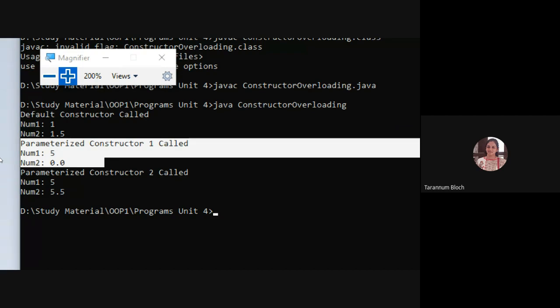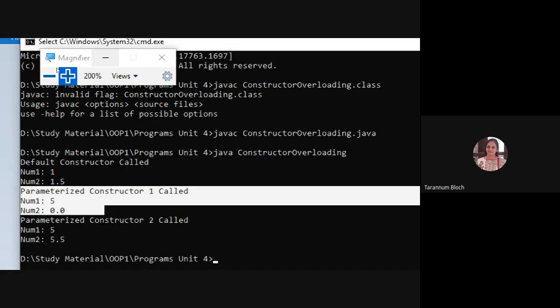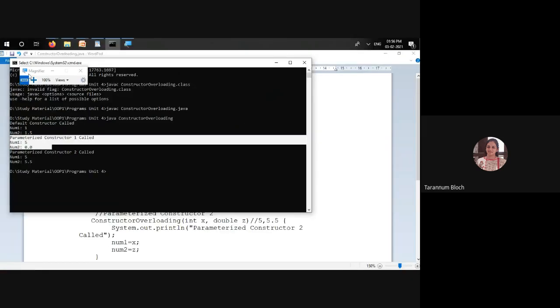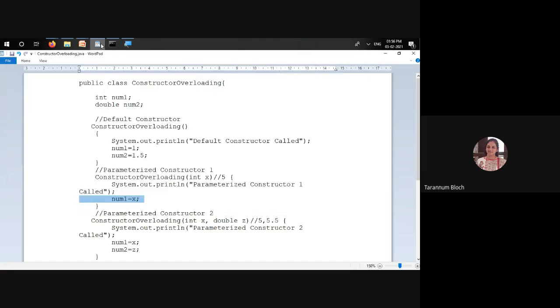That's the rule. Whenever a constructor is creating an object, try to understand, Parth, when I am creating objects for a class, all the objects are different. Now consider this class as a student, public class student.